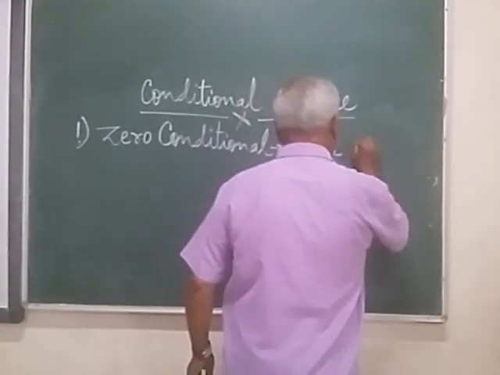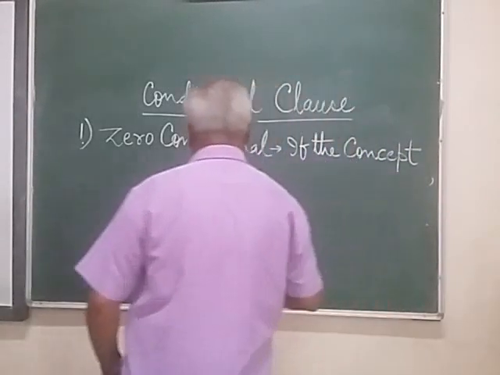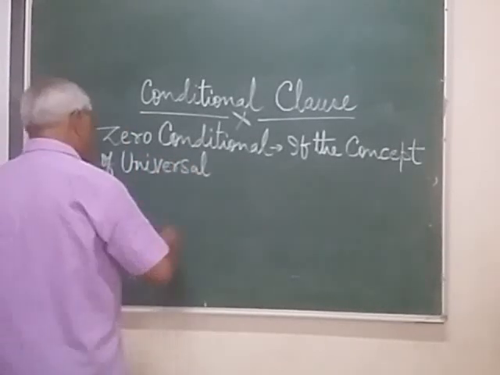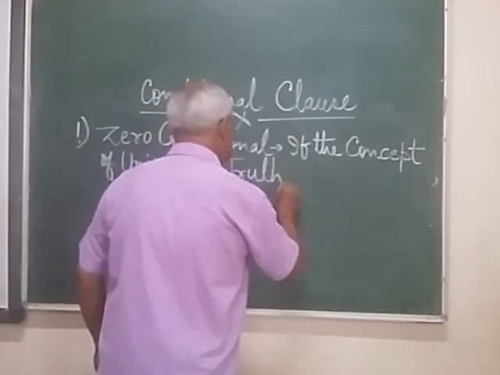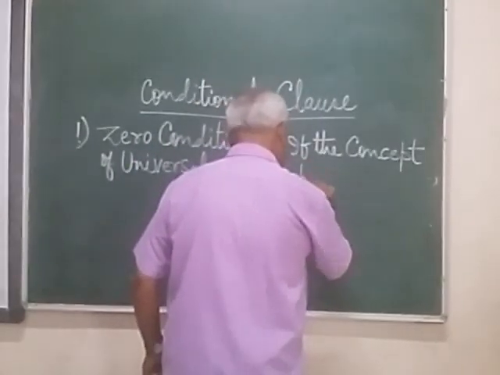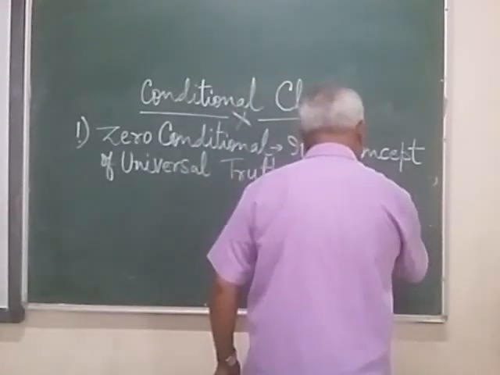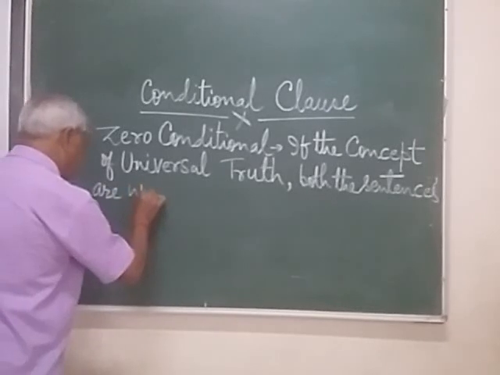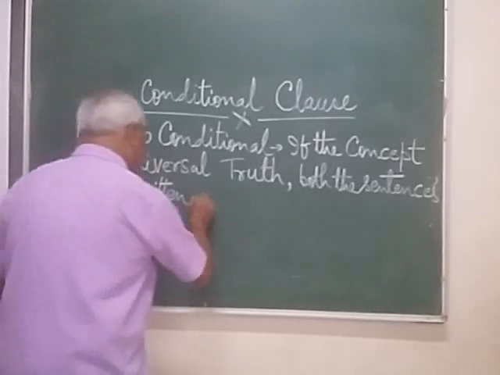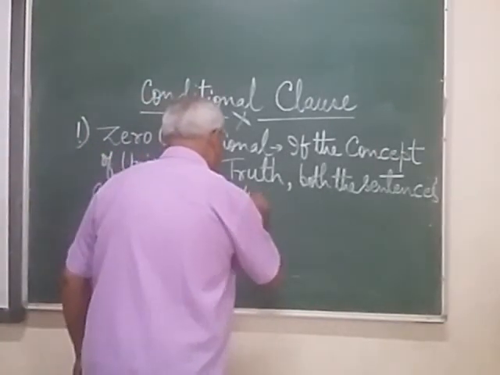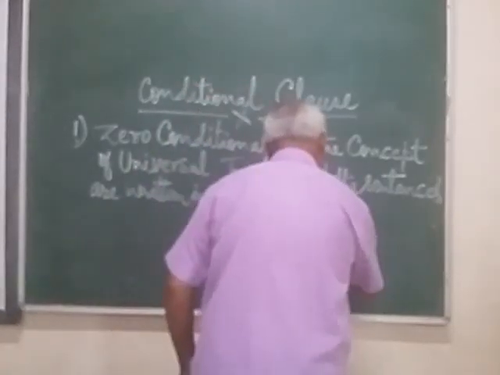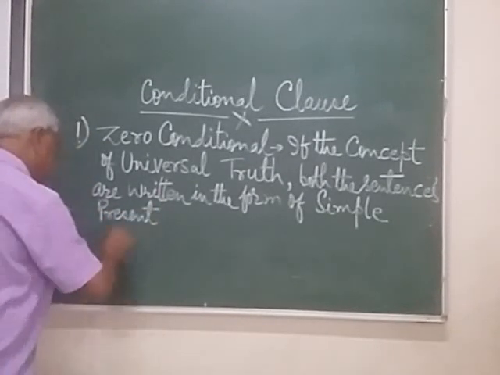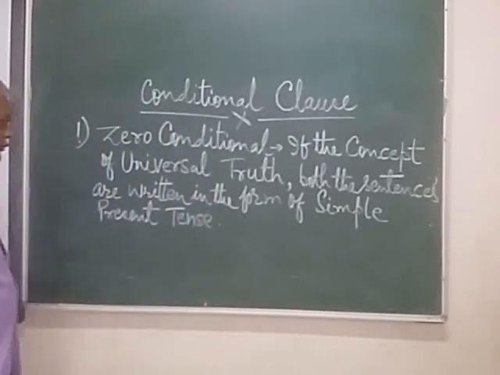If the concept is of universal truth, both the sentences are written in the form of simple present tense. One example: